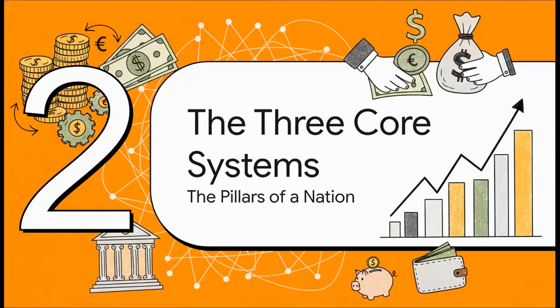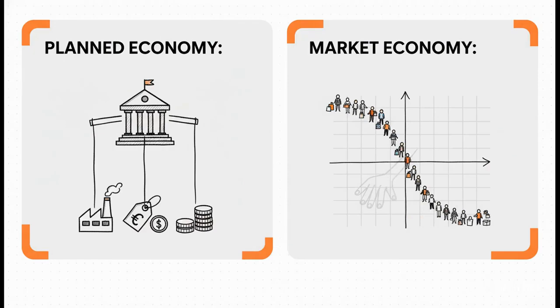Okay, so let's break down the three big pillars that hold up that political economy. We'll kick things off with the economic system, which really is all about how a society organizes itself and pays the bills. On the economic side of things, it pretty much boils down to two theoretical extremes. On one hand, you have a planned economy. Here, the government is the one calling all the shots. What gets produced, how much it costs, the whole shebang. It's very top-down. On the other hand, you have a market economy, which is the total opposite. Decisions are left up to regular people, buyers and sellers, through supply and demand. The key difference is simply who's in the driver's seat.